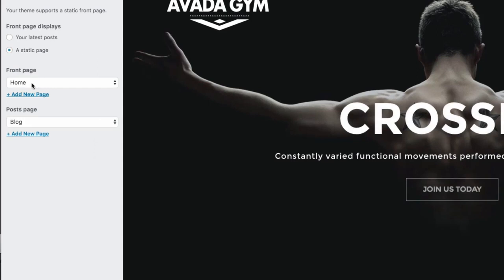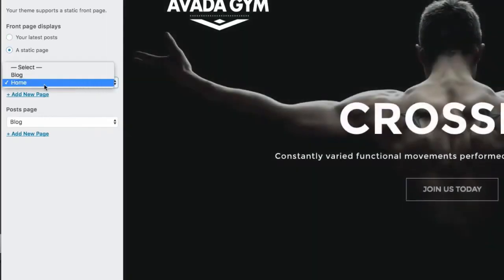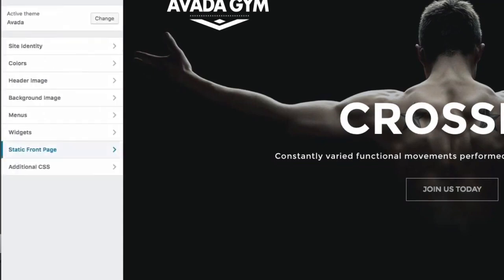You have to specify which one's going to be the home page. So we have a static page. If you're going to have, for instance, a news page or a home page that constantly changes, you can actually make that where kind of like your blog, the front page, so you do your latest post. Okay, but if you want to actually have a front page and then a separate blog page, you just select the page from here. So home, and then post page will be your blog. That's what we named it before. I just want to make sure that you have that selected, and then from there,